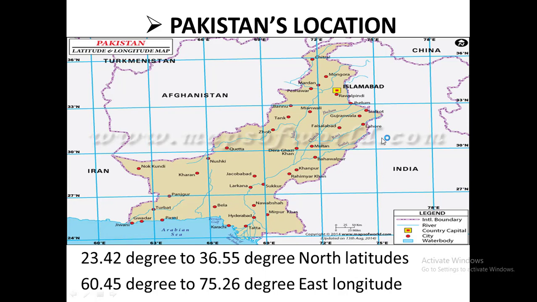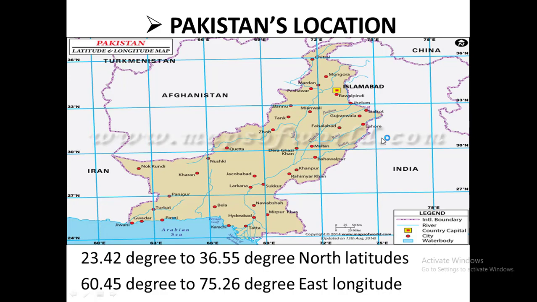Dear students, today we have learnt about equator, which is an imaginary line that divides the earth into two equal parts, and it is 0 degree. Line of latitude: the lines that run parallel to the equator are called lines of latitude, and they are 180 in number. The lines that join North Pole to the South Pole are called lines of longitude. They are 360 in number.